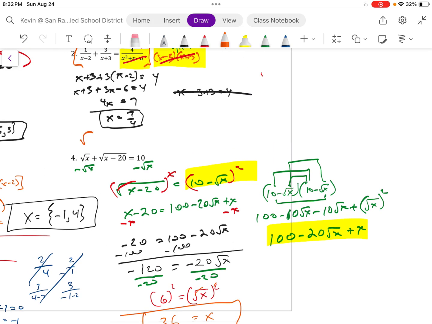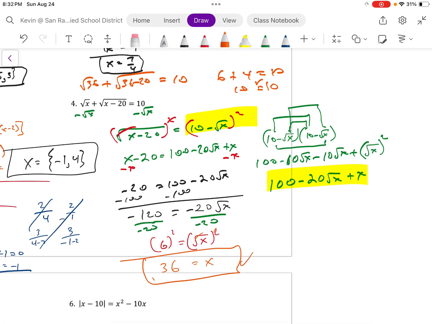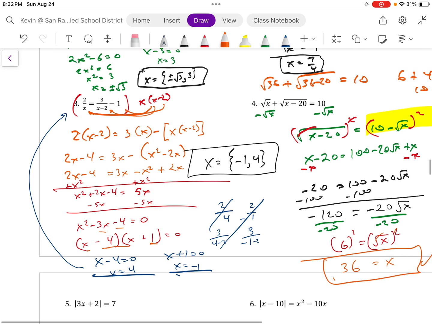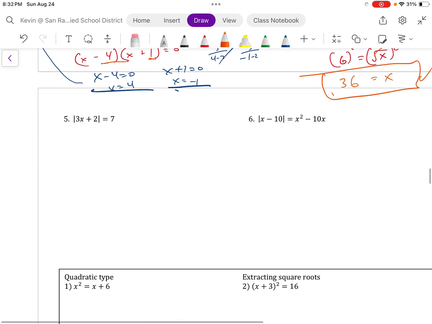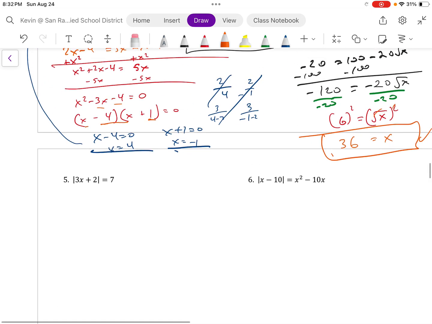Let's see. Square root of 36 plus the square root of 36 minus 20 equals 10. That would be 6 plus 4 equals 10. 10 equals 10. Check. If you have the time, it's always good to go through and check your answers. Okay. I'm going to save this next page for